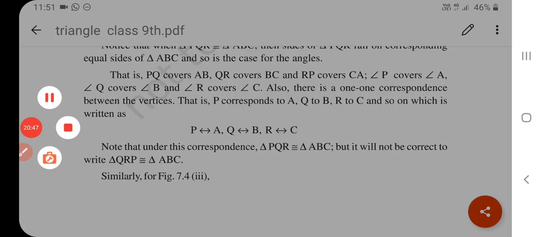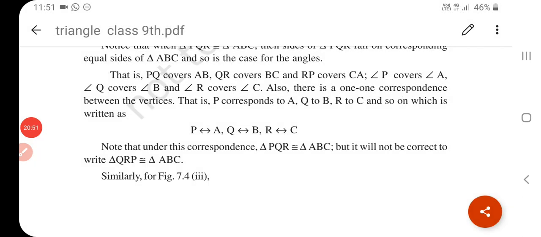Okay, students, understand? So in this video we have learned about triangles and types of triangles, how to decide whether triangles are congruent, and what the elements of a triangle are. In the next video we will see the criteria for congruence of triangles.